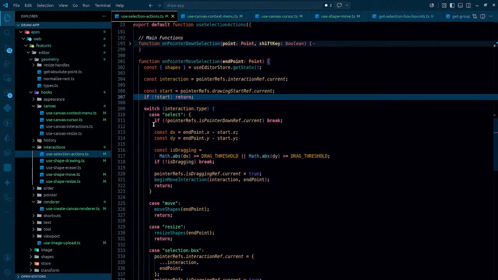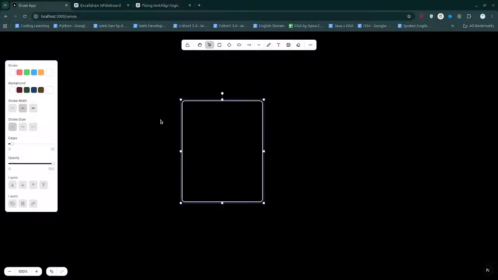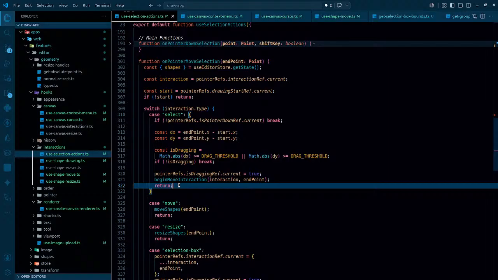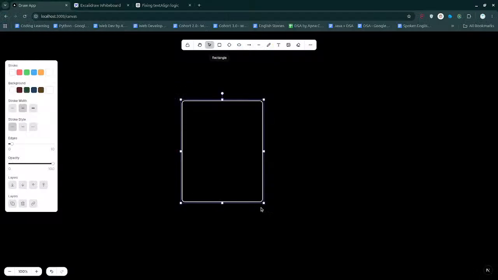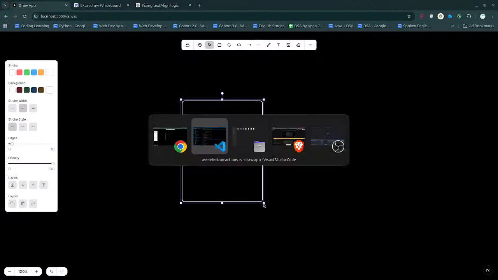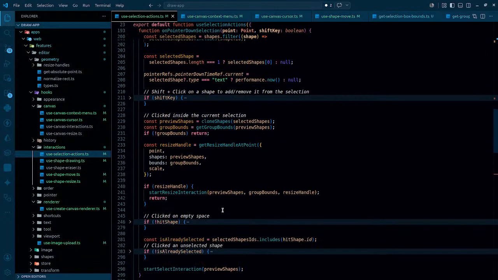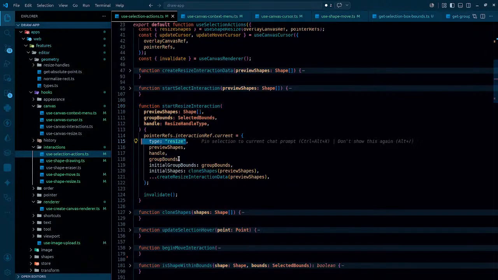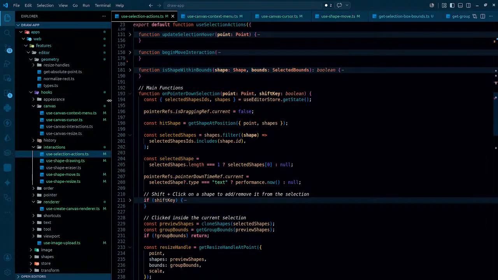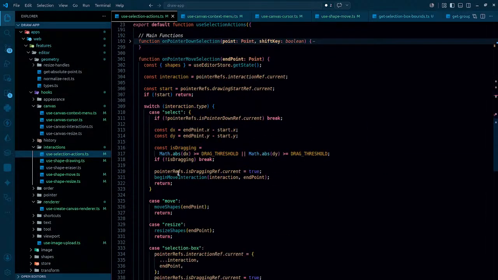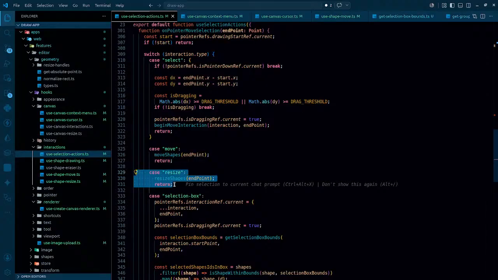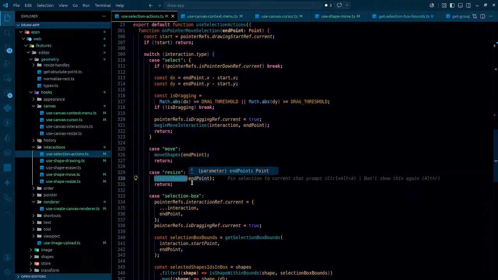And by default the type is gonna be select or no. Yeah, the type is actually gonna be select. So if the type is actually select, we may start moving it, but okay, if we actually click over here, the type will automatically become resize, if I'm not wrong. So whenever we are clicking on pointer down, when I call this, the type automatically becomes resize. So as the type becomes resize, this particular section is gonna run. We are gonna resize the shape, and we are passing the end point from here,